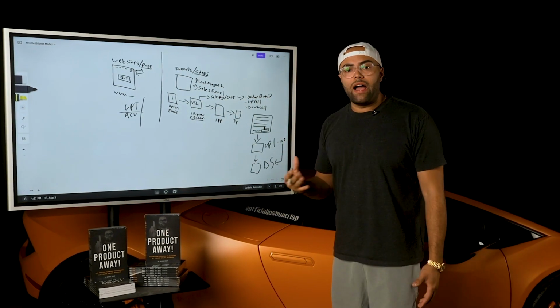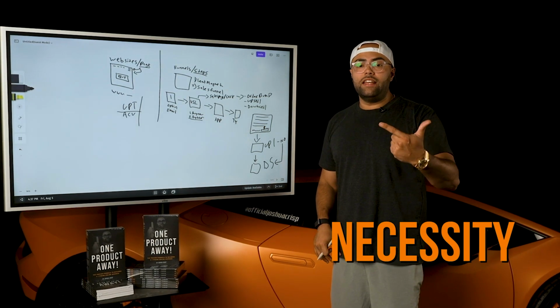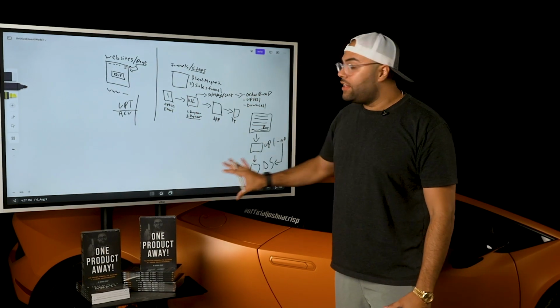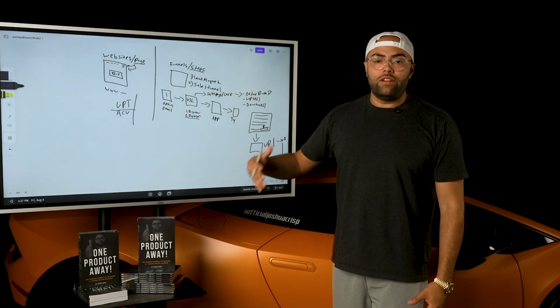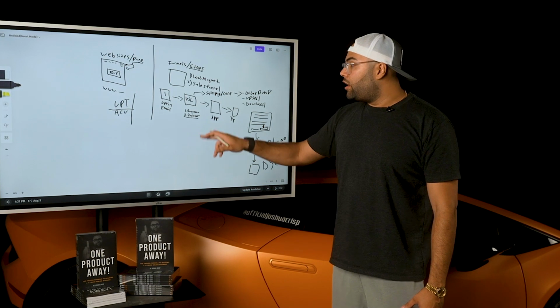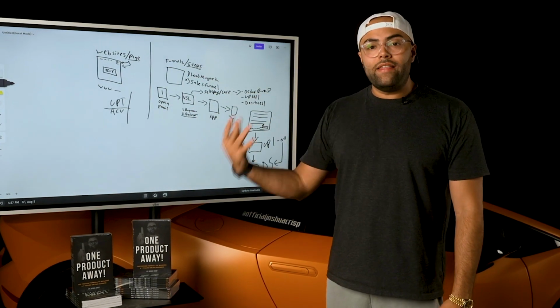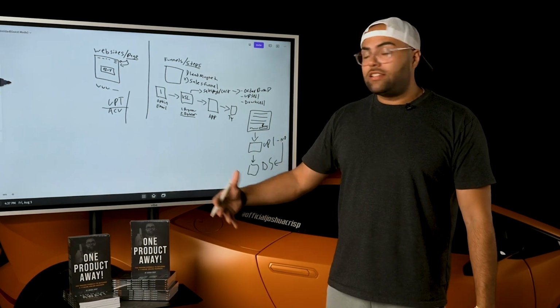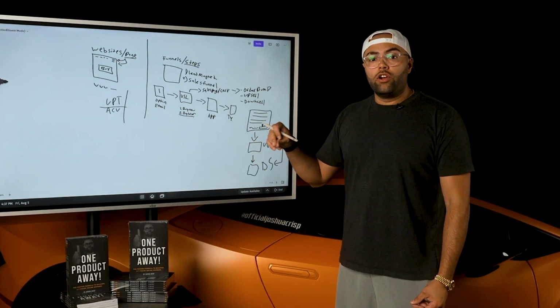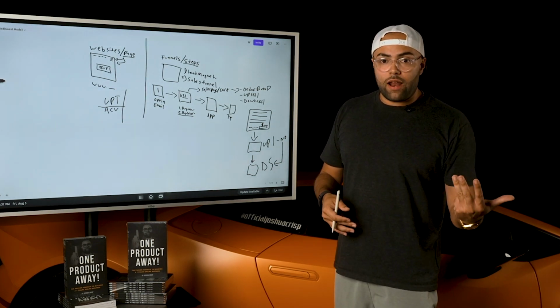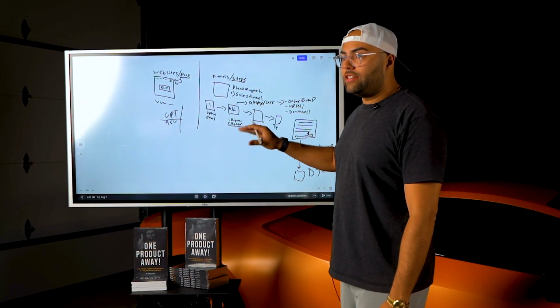There's different types of buyers. You have impulse, you have necessity, you have logic-based buyers. So what you're trying to do is cater in this funnel to all of the different types of buyers. If they're a logical buyer, during the VSL phase, you're going to teach them logic. You're going to teach them why they logically need the product. If they're an impulse-based buyer, they're going to get triggered by the scarcity and the urgency and the good deals and the flash deals, right?